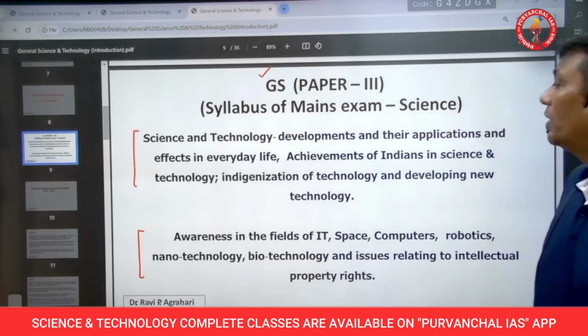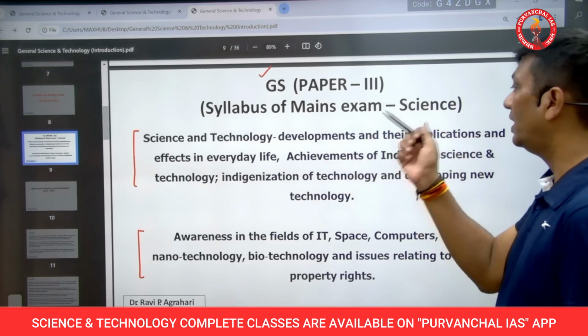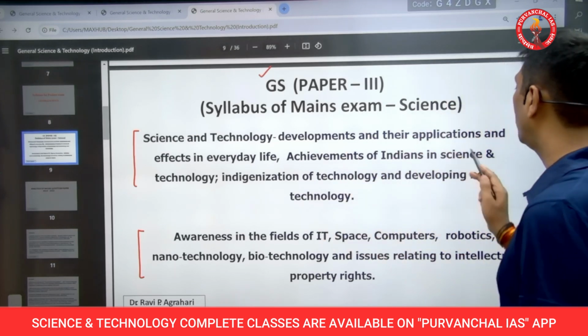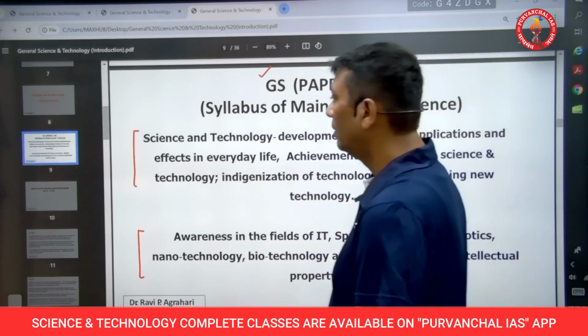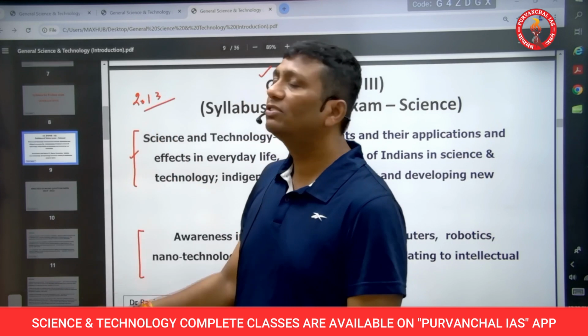In the main syllabus, what does UPSC mention? Science and technology developments and their application and effects in everyday life. Achievements of Indians in science and technology. Indigenization of technology and developing new technology. From this paragraph, if you see the mains question papers from 2013 onwards, guys, it is the rarest of the rare to have a question